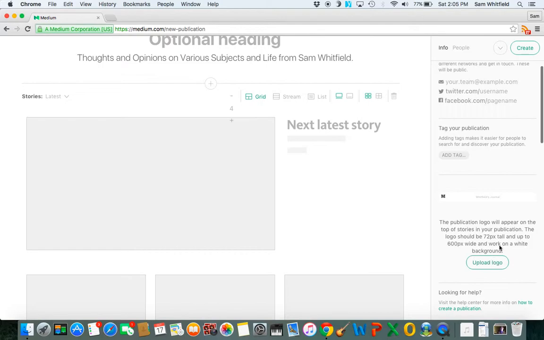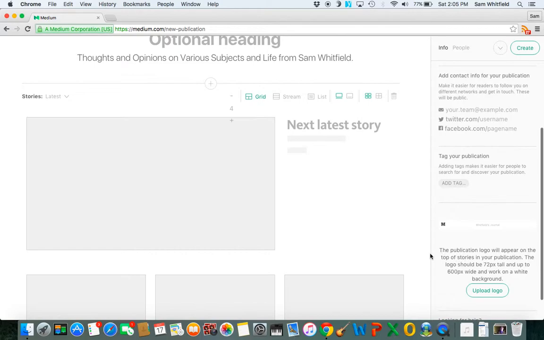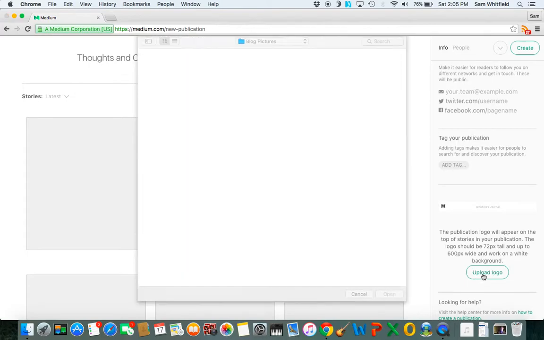And then this is important. So see where it says the publication logo will appear on top of the stories in your publication. Okay, this is super important to do because this will be the label for your magazine when you view other articles, and I'll give you an example of what I mean by that once I upload.